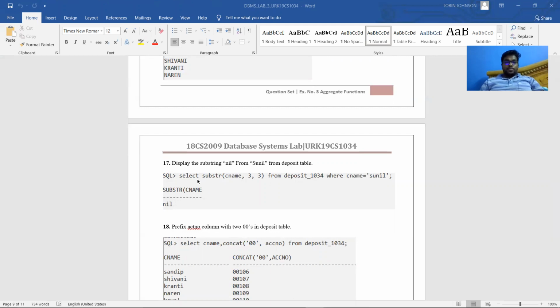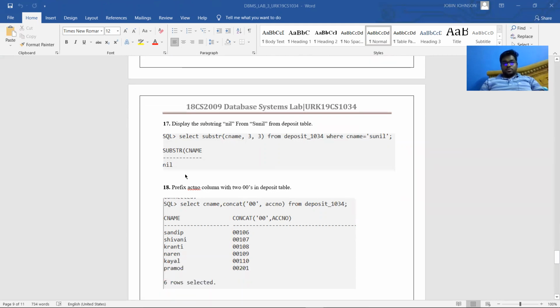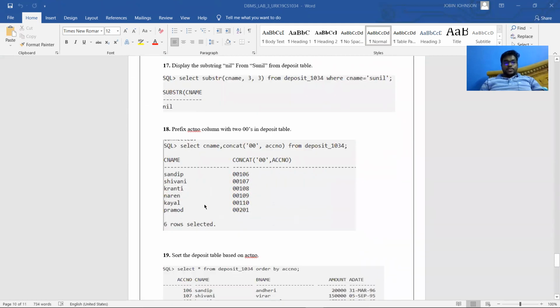For that, the command would be select substring C name 3,3 from deposit 1034 where C name is Sunil. The 18th question was to prefix the account number column with two zeros in deposit table. For that, the command is simple. Select C name, concat. Concat is the function for adding any values to the number before or after. For that, you use concat 0 0 and then the account number, we have to change number from deposit